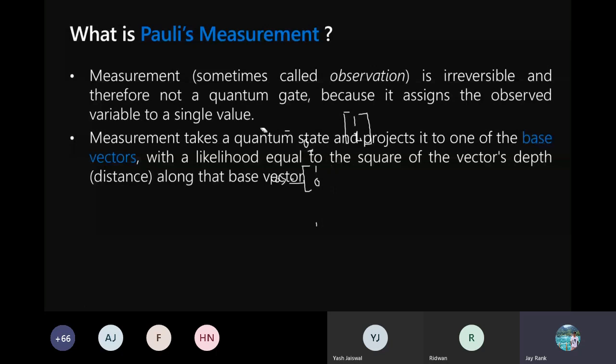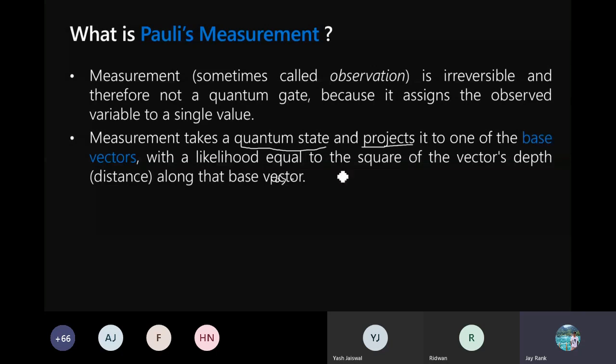Okay, so as I have written here, measurement takes a quantum state and projects it into one of the base vectors, that is either quantum state of 0 or the quantum state of 1, with a likelihood equal to the square of the vector's depth, the distance along the base vector.